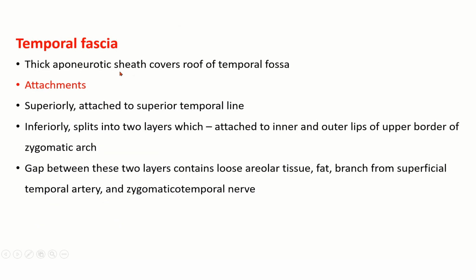The temporal fascia is a thick aponeurotic sheath which covers the roof of the temporal fossa. Superiorly it is attached to the superior temporal line. Inferiorly it splits into two layers which are attached to the inner and outer lips of the upper border of the zygomatic arch. The gap between these two layers contains loose areolar tissue, fat, branches from the superficial temporal artery and